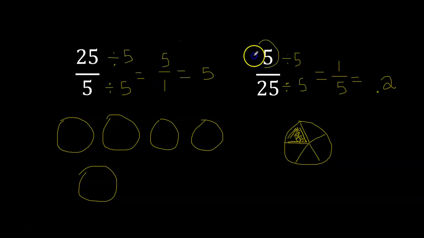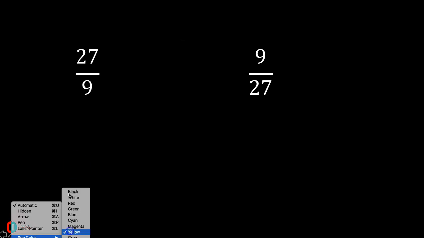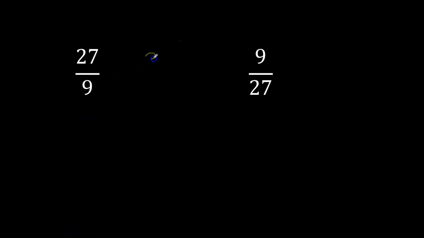So when you have a numerator that is smaller than the denominator, this fractional piece is going to be equal to a number that is less than 1. But if you have a numerator that is greater than the denominator, then you have a fraction that is greater than 1. Let me show you another example. 27/9, I'm not going to show you all of the work, otherwise it would take forever if I showed every step. I just want to show you that this reduces to 3/1 and equals 3, but 9/27 reduces to 1/3,